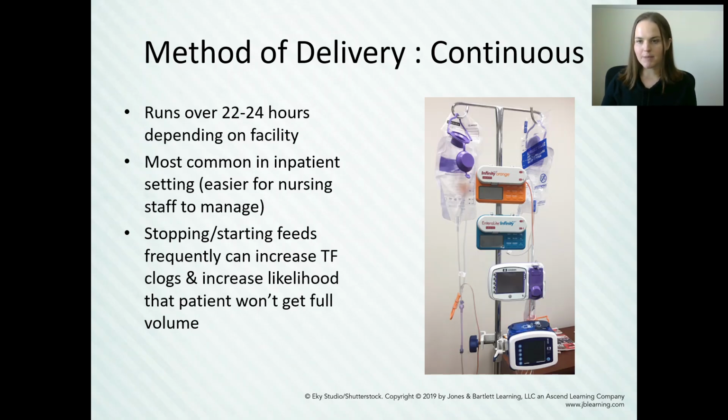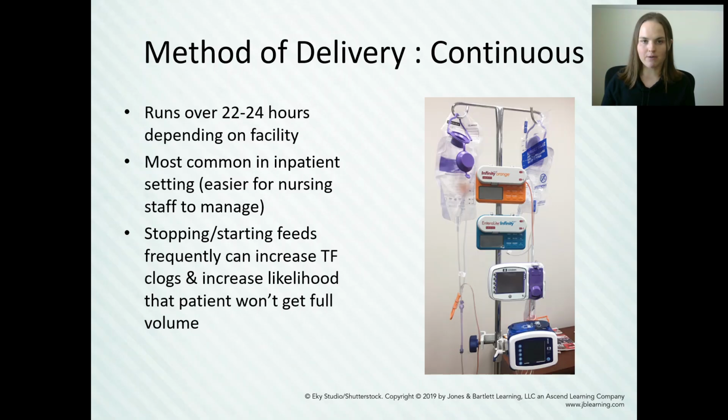So in this picture here, I have just one example of what a feeding tube pump might look like. So this is the pump down here. Kangaroo Joey pump is just the name of a pump, and you can see that this is the bag. So one of the bags is for formula, one of the bags is for fluid. So when we talk about a continuous feed, we're talking about using a pump most often,